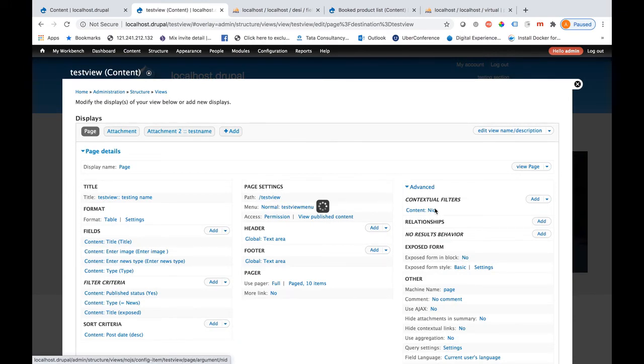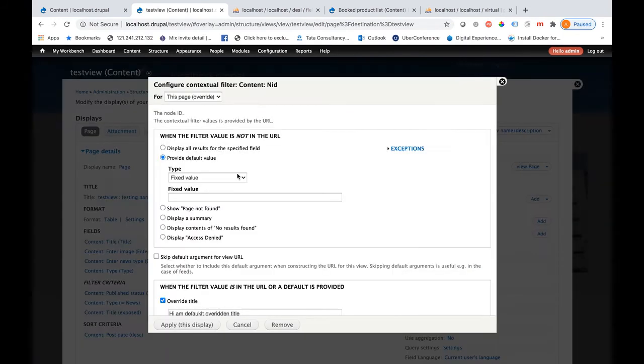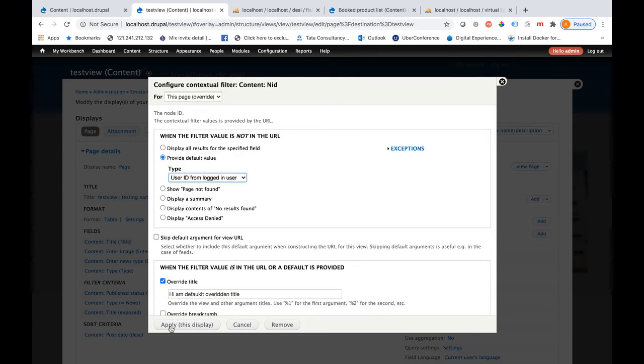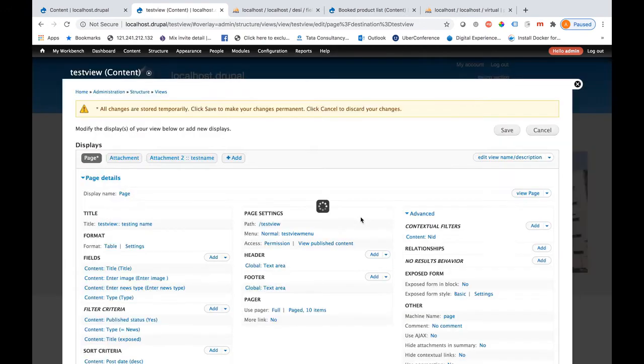So let me go back to this contextual filter and show you more things here. If we click on content NID here, and if I want to show the list of contents for the logged in user, you can select from here the user ID from the URL, or you can select the user ID from the logged in user. If you are asked to create a list of records for a particular user ID from the URL, then you need to select this one. Or if you are asked to create one set of records to display for a logged in user, you should select it from here. So this is one of the important features of Views to display the dynamic records based on the dynamic arguments. Okay, so if I save this,